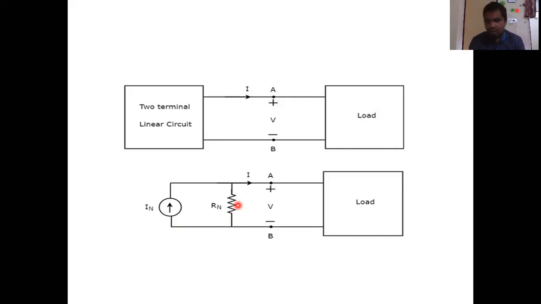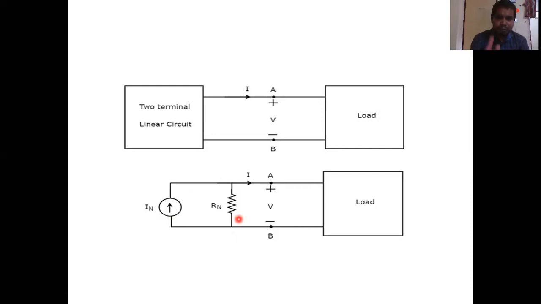Nothing is changed. The only thing is that there you determine the open circuit voltage, and here you determine the short circuit current. Current will flow in a short circuit path; voltage is available in an open circuit. So Thevenin is open circuit voltage, Norton is short circuit current. In Thevenin, you open the load and determine the voltage across it. In Norton, you short the load and determine the current in that path. That's all, simple. The rest of the Norton equivalent remains the same.